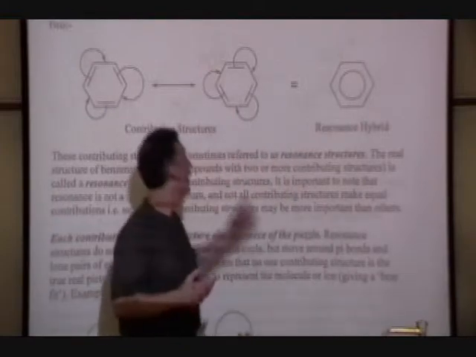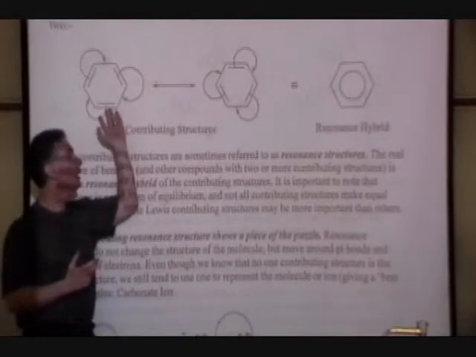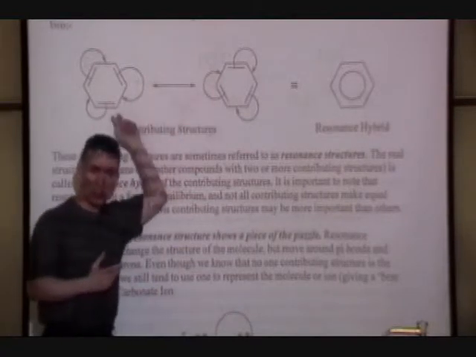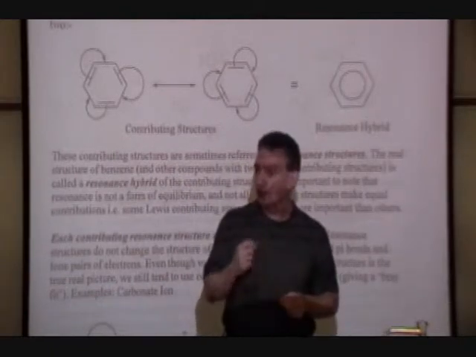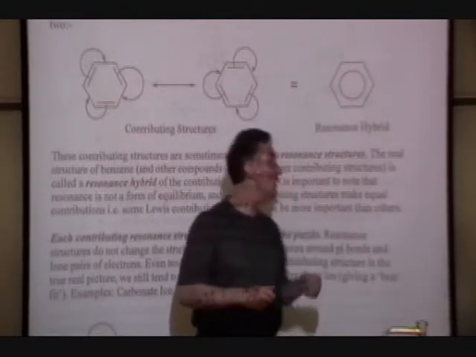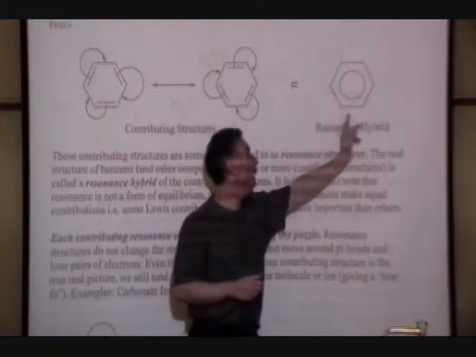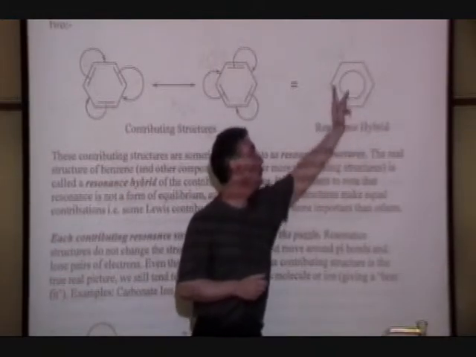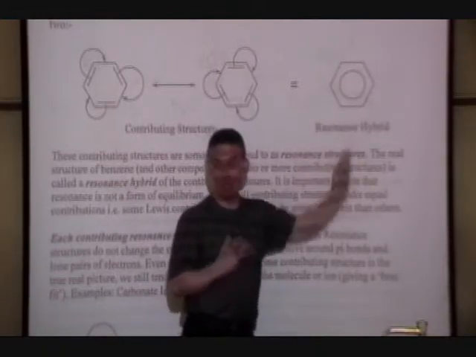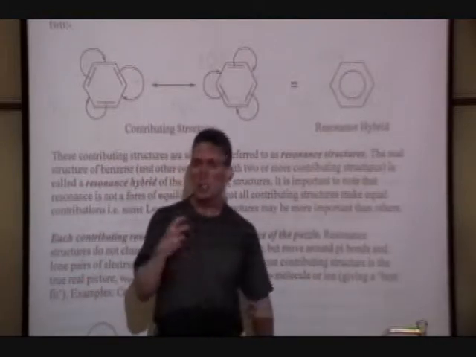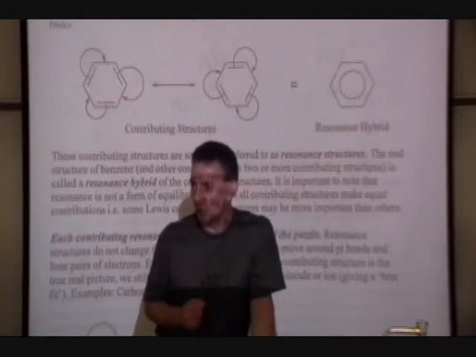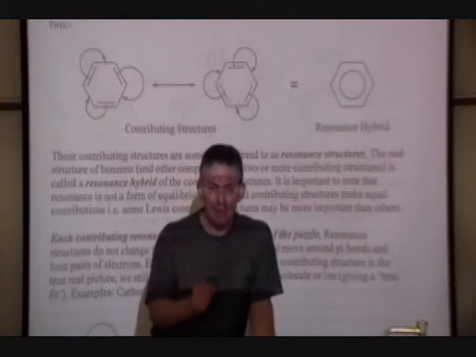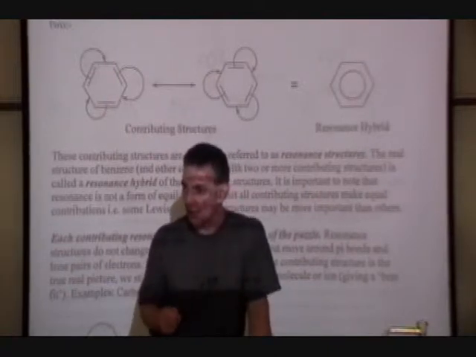So we have to use a combination of structures, and we're saying that between these two structures, we see all aspects of the true molecule. Sometimes we round it down to calling it a resonance hybrid. We show this for benzene with a circle in the benzene ring to show the idea that we actually have a delocalization of electrons in the carbon ring. There are no individual double or single bonds.